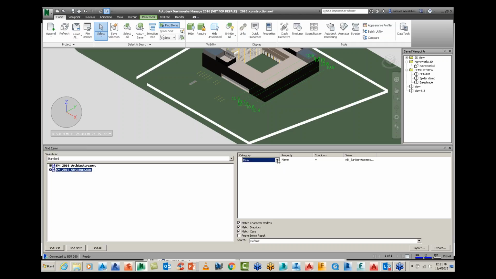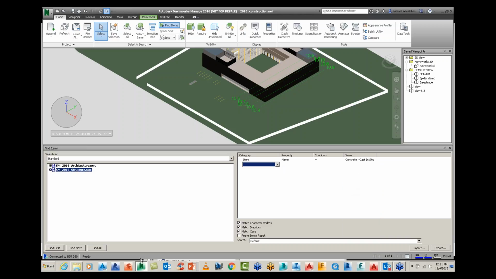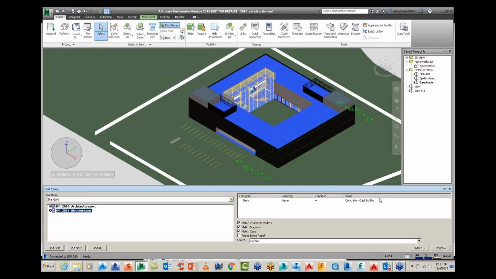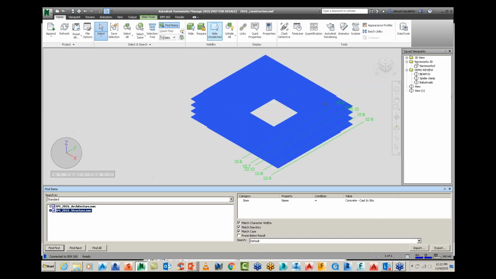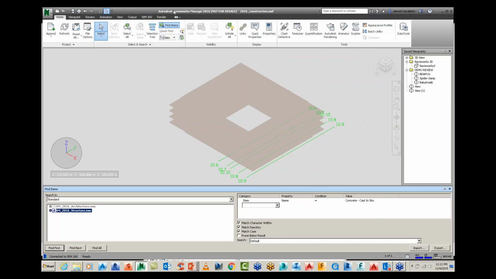So let me go back to go structure and find something which is related to structure. And I'll just see if I can find, say, some concrete. So concrete, and now we go find all. There we go. This time it worked. So what it's done is it's gone through and it's found all the items which are cast in situ concrete panels. And if I just hide unselected, I now have these concrete panels,